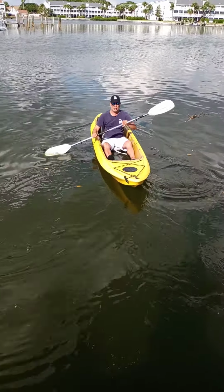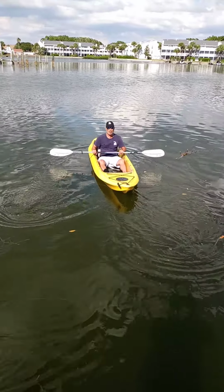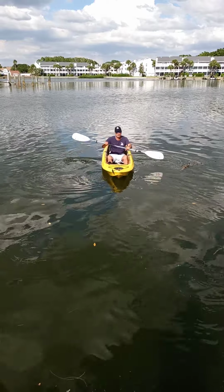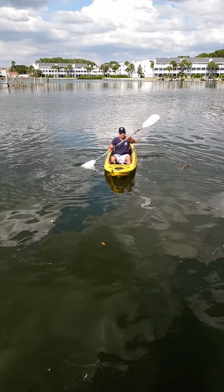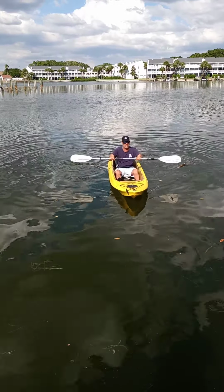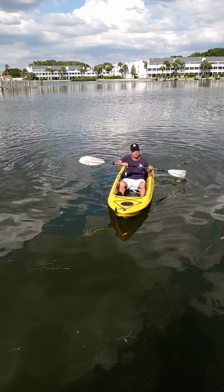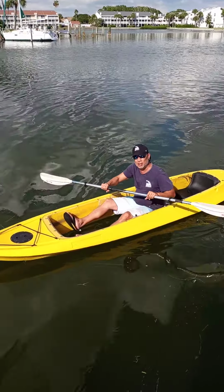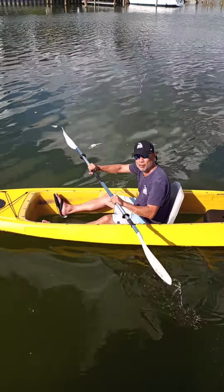Now, as I'm coming towards you, if I want to go ahead and make a turn now to the left side, I'm going to show you how easy that is. I'm paddling towards you now, and now I'm going to go ahead and turn to the left. So I'm simply just going to paddle on one side, just like this. Once, twice, 3 times, and now you can see I'm actually facing this direction,